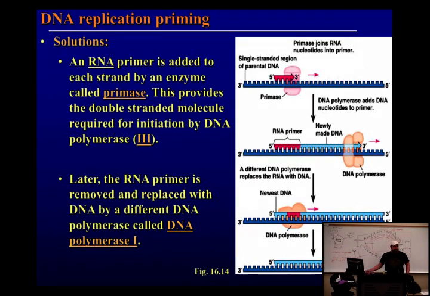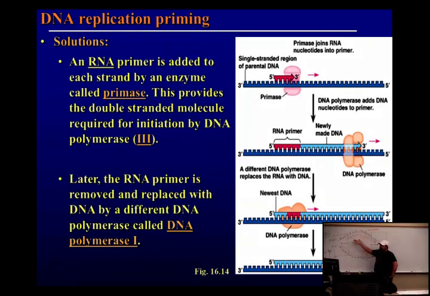So remember, RNA is inherently unstable. Would you want something that's unstable in your DNA holding it together? No, that would be bad. And why the cell uses RNA instead of DNA, right? Because this seems inefficient, right? Put RNA in and then take it back out and put in DNA. But nobody really knows. So you guys want a Nobel Prize? See if you can figure that one out.